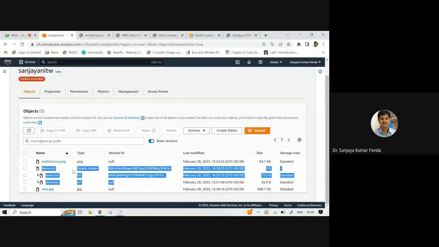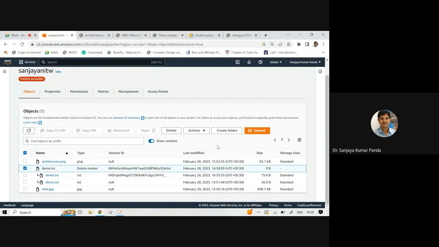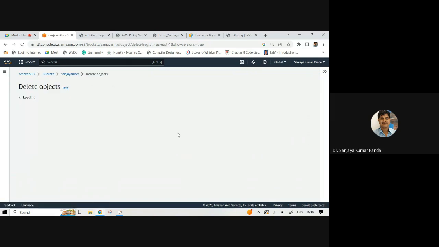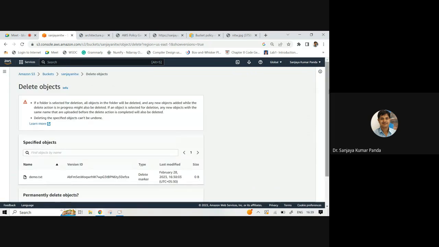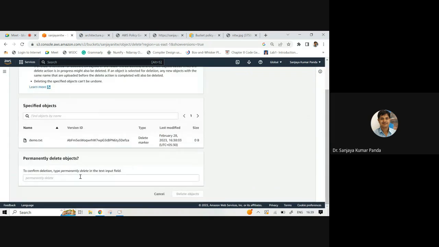So we are looking into 3 different variants of the demo.txt file. But if you want to restore this demo.txt file, simply click this one and delete it. It is asking you to write here to confirm the deletion. Deletion means you want to delete it from the recycle bin, and move it again into your object list.